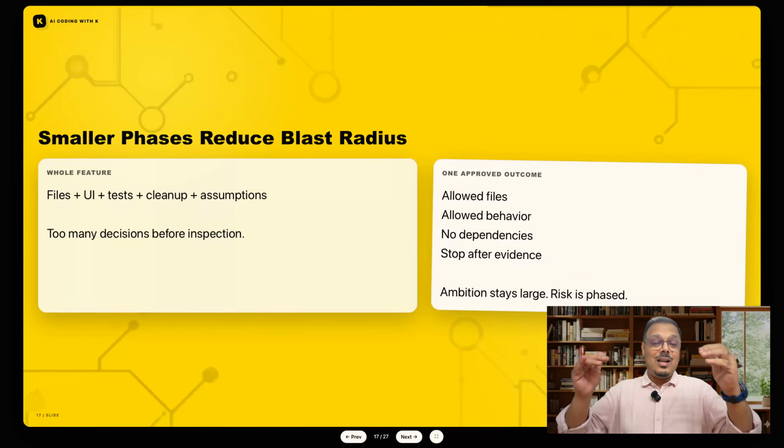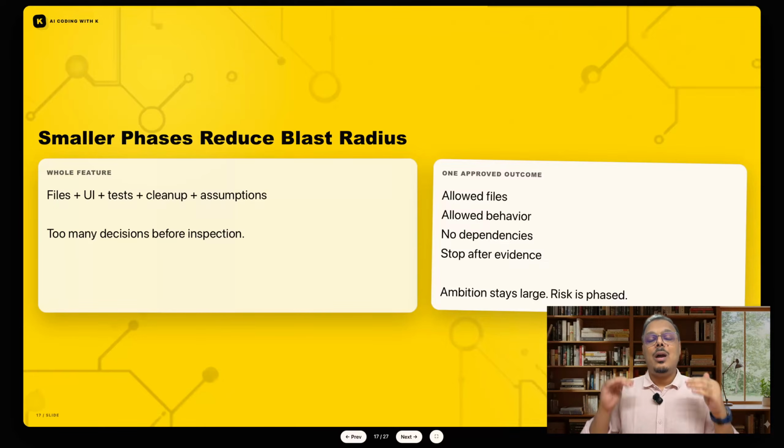See, coming back to the original idea: if you implement this and it creates a large diff, it is too much of a change for you to verify, control, and manage. This phased implementation plan reduces the blast radius